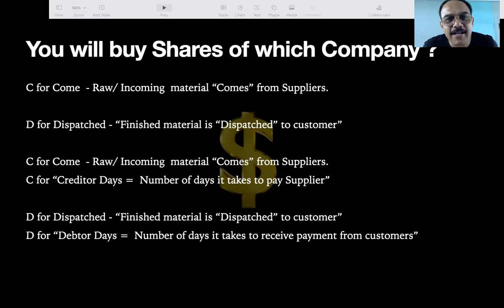There is something called debtor days. Debtor days is the time it takes to receive money from the customer. So debtor days is once you give the material, jaise Maruti car de deta hai customer, to how many days it receives the payment, aur bread wala ne bread diya, to in how many days it will receive the payment, that is called debtor days. So money coming from the customer is called debtor days. The days in which we are giving money to suppliers is called creditor days. Everyone okay? Debtor days, creditor days, clear ho gaya?